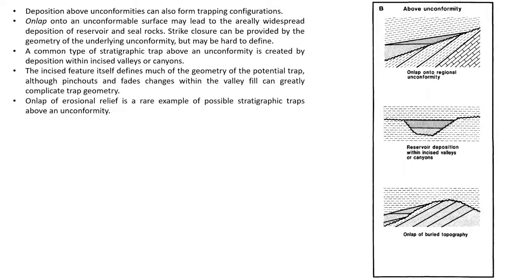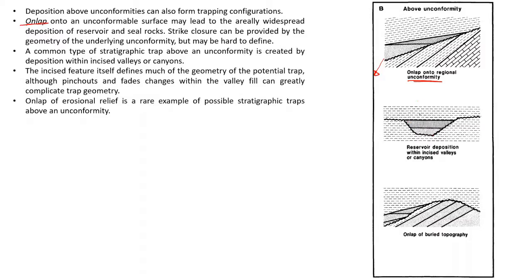And the supra-unconformity, above the unconformity, we have the on-lap. So this is the unconformity structure. You can see on lap means it is coming over here. This strata is lapping on the unconformity. This is one type of stratigraphic trap. Then you have, let us say that this structure is incised valley, and then here the deposition occurs,